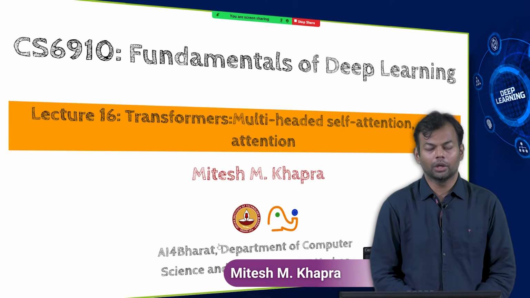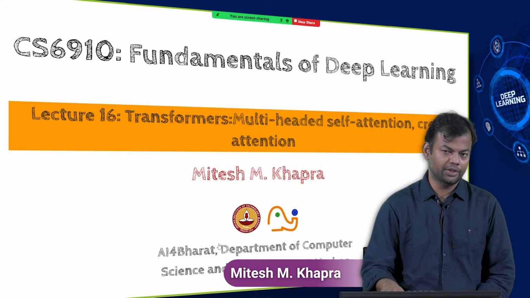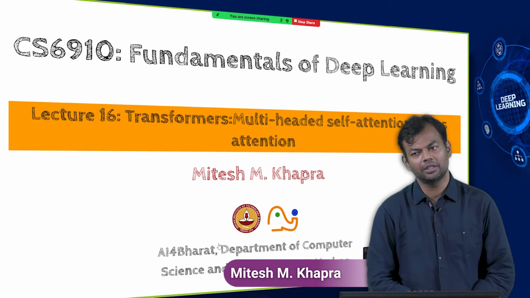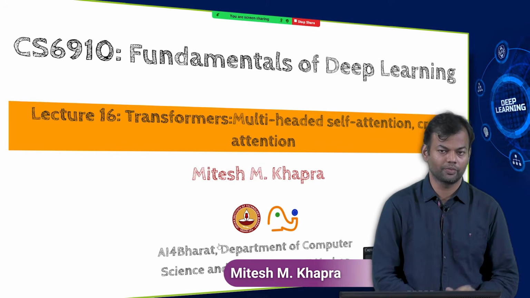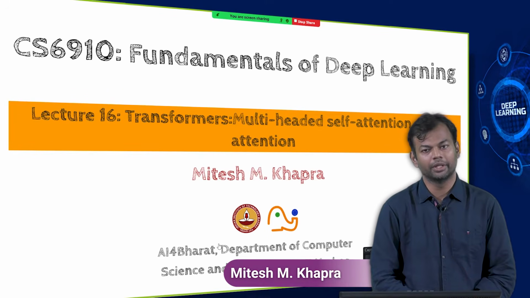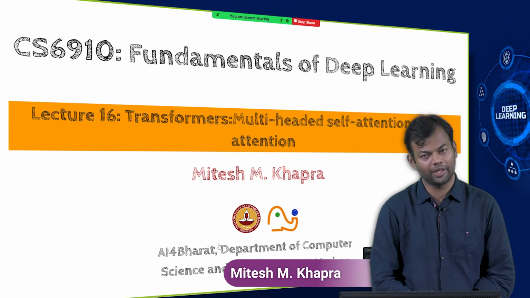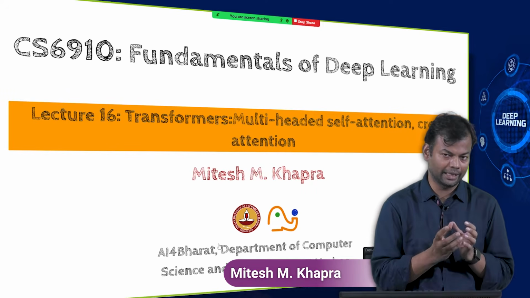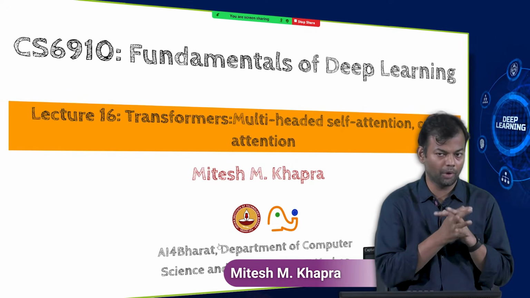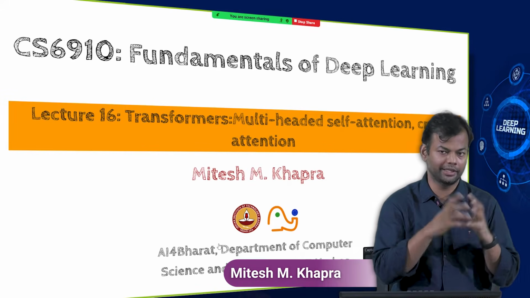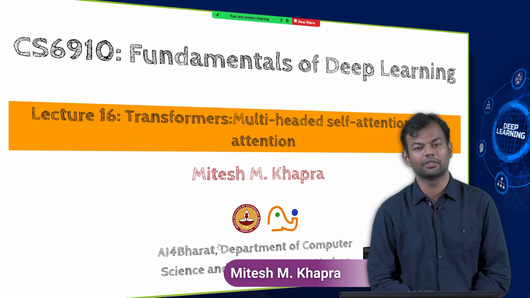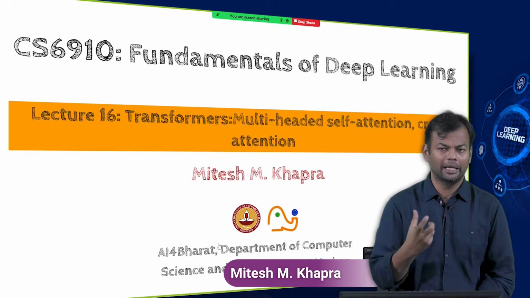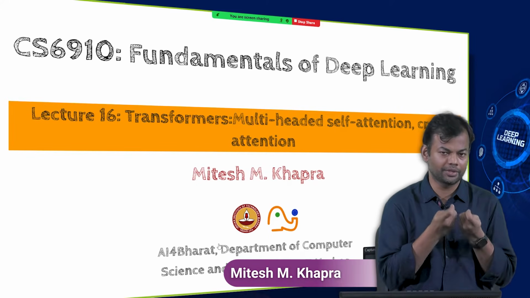So to motivate, what is the content today going to look like? We have seen three types of architectures in this course. One was the feed-forward neural networks, then the convolutional neural networks, and then recurrent neural networks. And in each of these, we saw the building block. And then once we understood the building block properly, we could envision deep, wide networks. So in the case of feed-forward neural networks, the building block was essentially this sigmoid neuron,